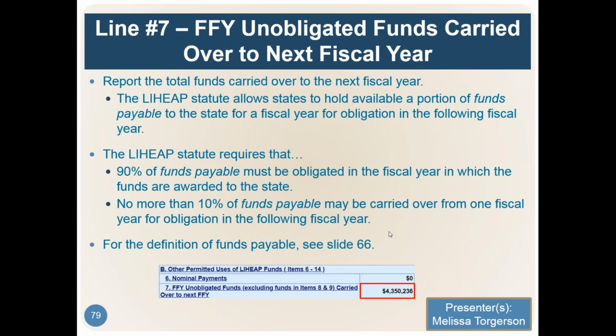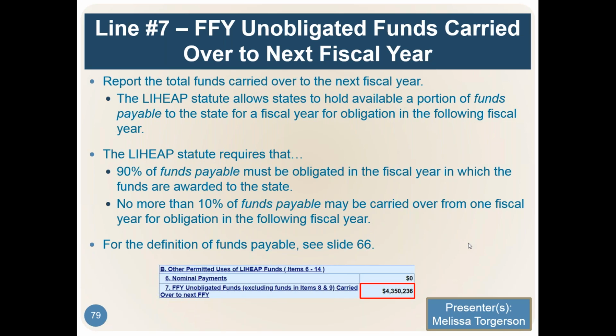So these are the funds that you're taking from last year and that you brought into this year that are unobligated, not unexpended. Many of you are going to have way more unexpended funds, right? These are funds that you didn't assign anywhere. They're not tied up in contracts. They're unobligated funds. And every state's allowed to pull over 10% of their allocation.